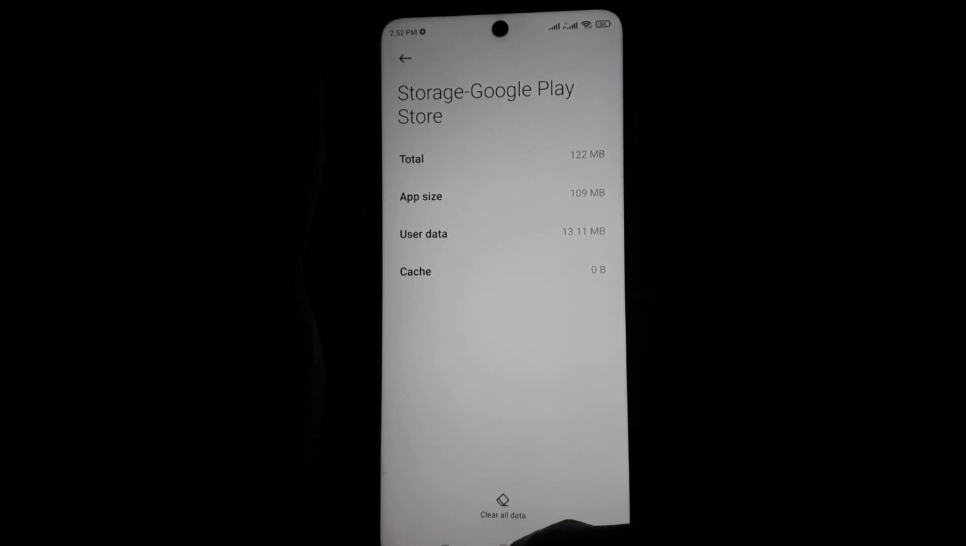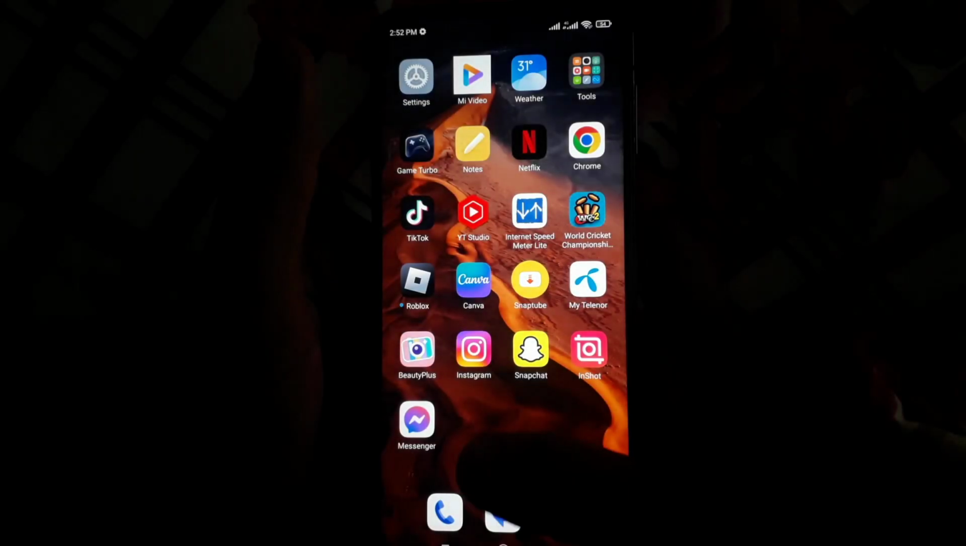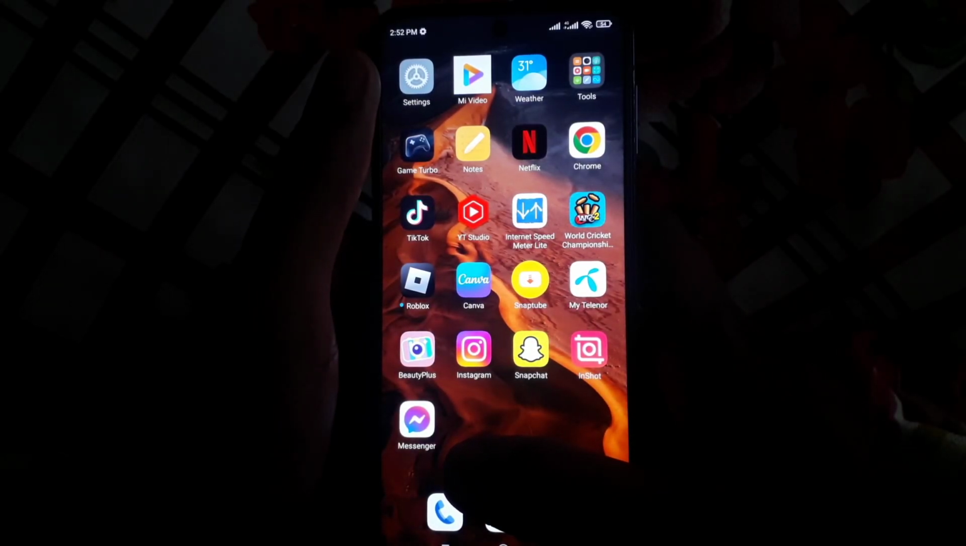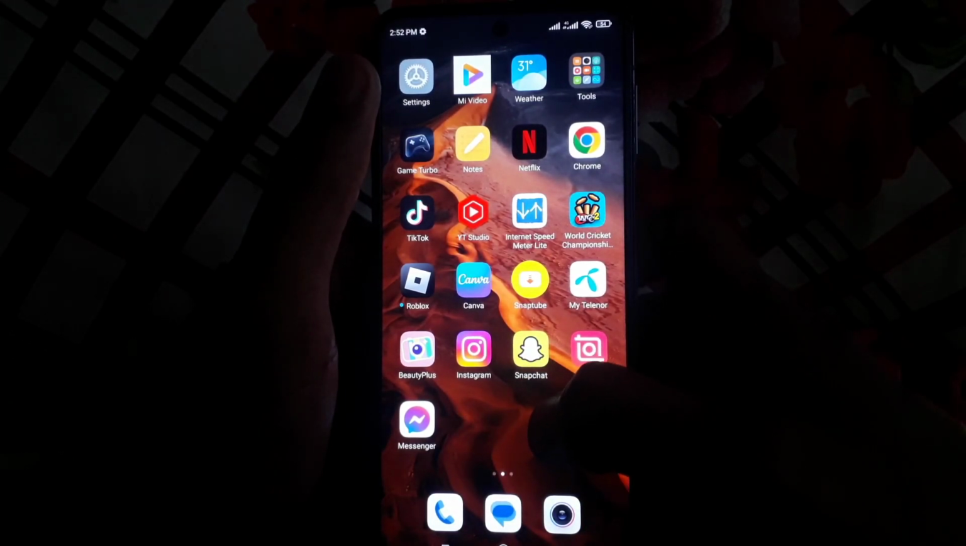If the problem is still there, then you can go for clear all data, but make sure that it will clear all your accounts in Play Store. So before doing this, you have to make sure, and after doing this, you have to apply the next trick,